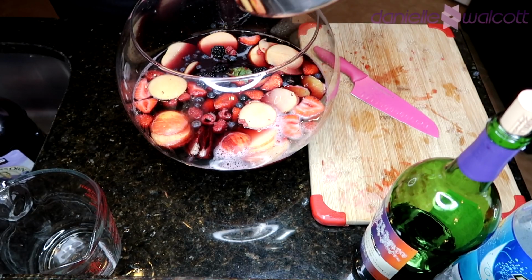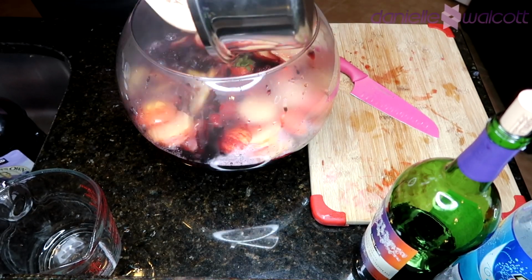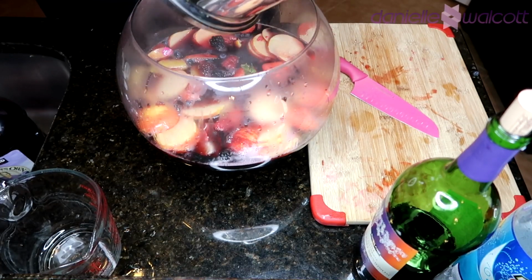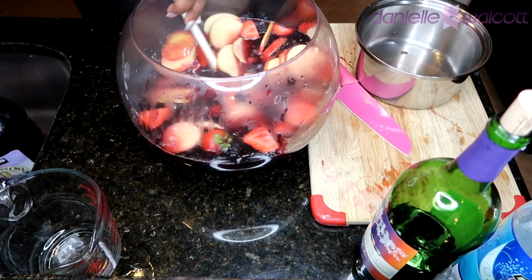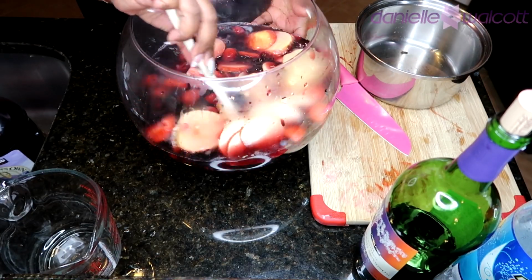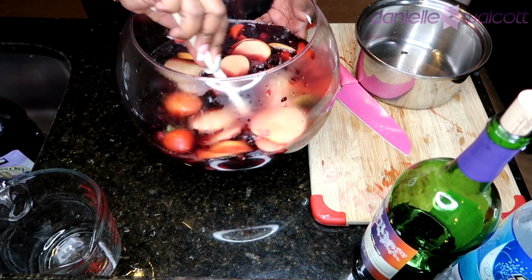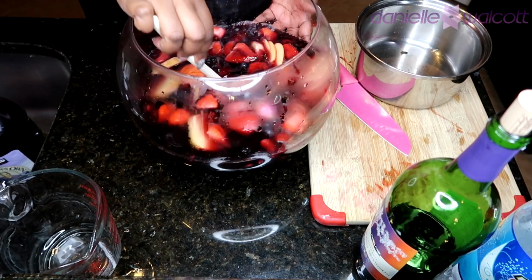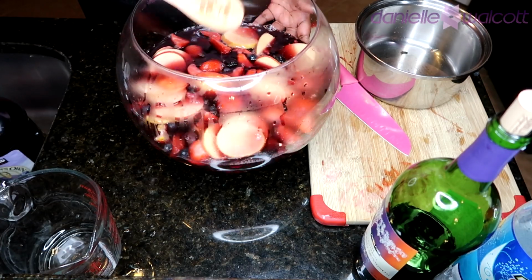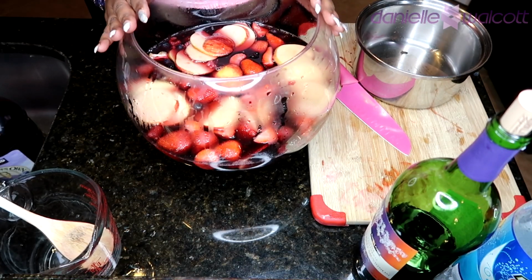And guys, I really wish you guys could smell this. It smells like fall, like Thanksgiving, Christmas, with those warming spices of those cloves and that cinnamon that we have in there. Oh my gosh, this smells so good. So once we have placed that all in there, I am just going to mix it to make sure that all the flavors marry, and then I am going to cover this and set this in the fridge to meld